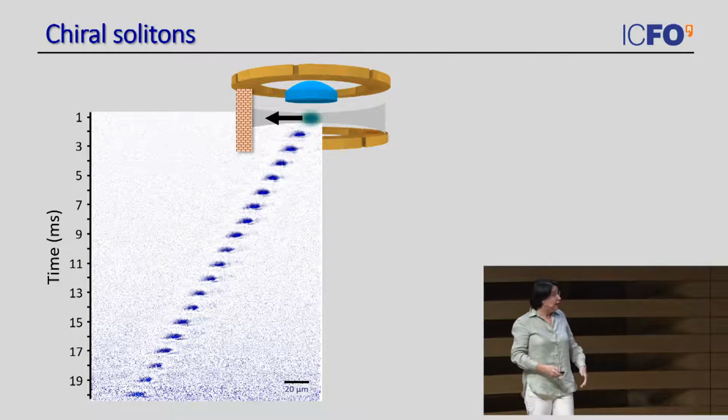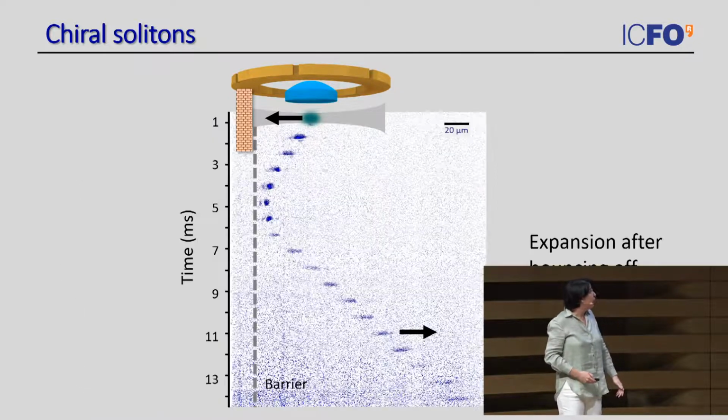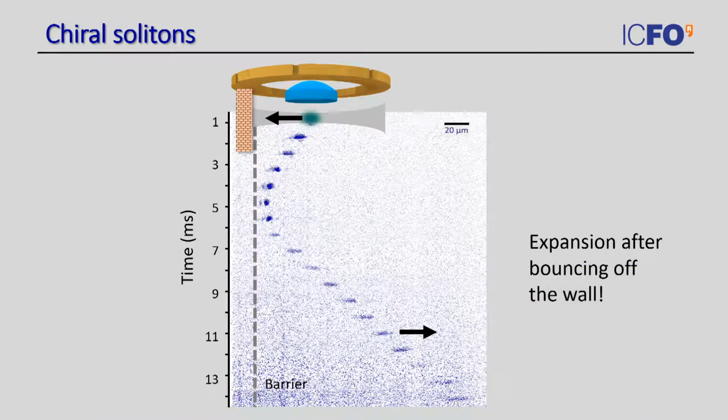And then we launch our Raman-dressed solitons against its wall, and what we find is the following. We find that while the system remains a soliton while it moves to the left, when it gets reflected off the wall, it actually starts to expand, so the soliton disappears. So when you see that, if you are an experimentalist, you should be critical with yourself and wonder whether something weird is happening in this barrier. So we decided to run a sanity check.